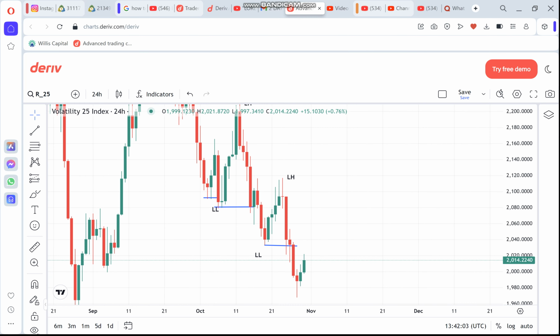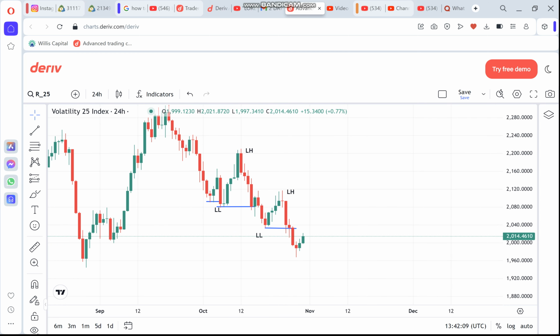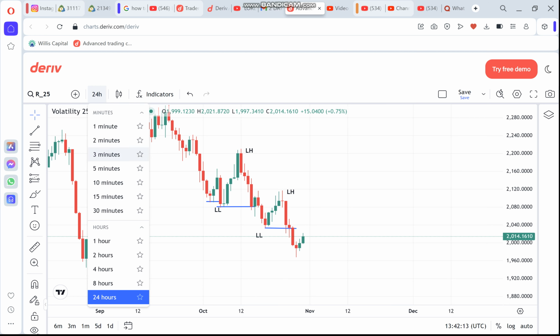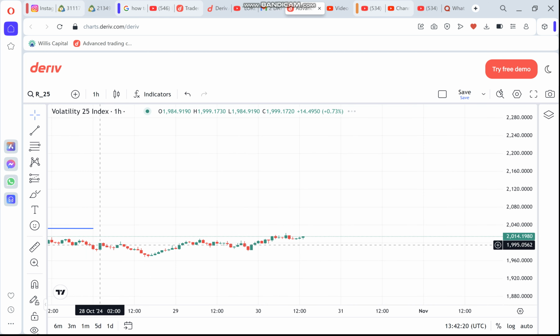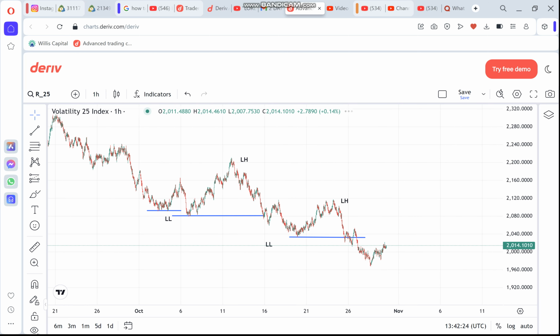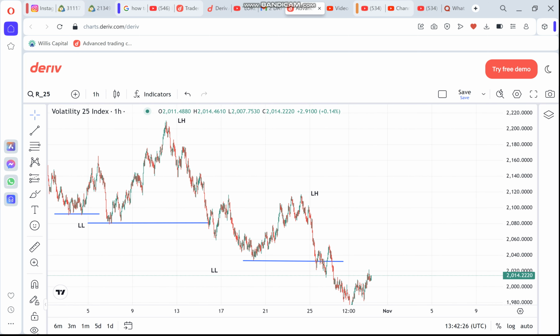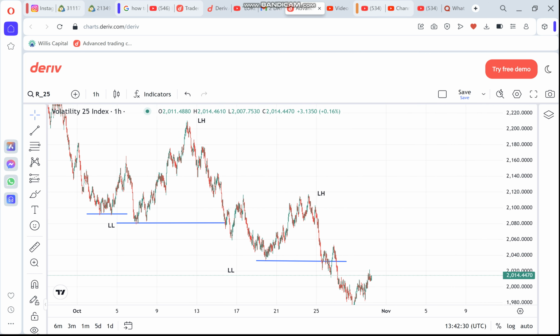One could ask, okay, now how can we take advantage of this? Here it is. As we go lower, maybe to the 1 hour, because we have already spotted our market structure on the higher time frame, as you can see, price provided some